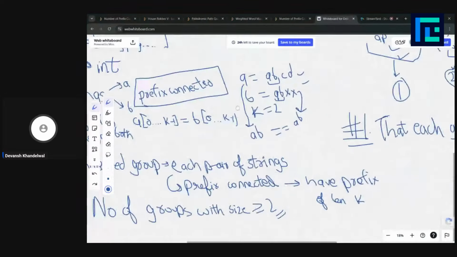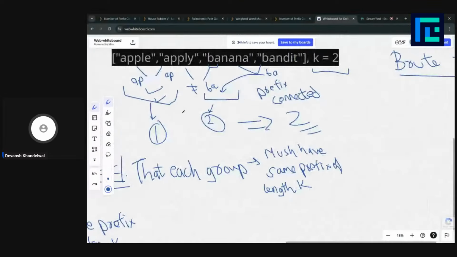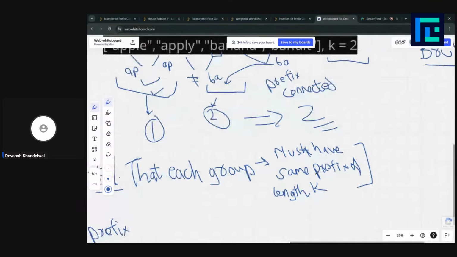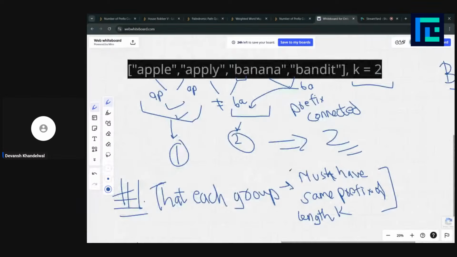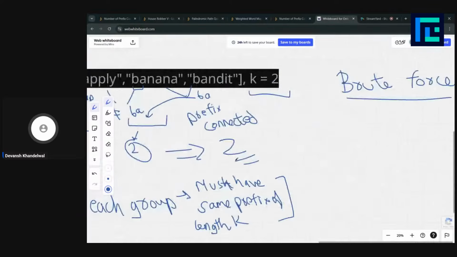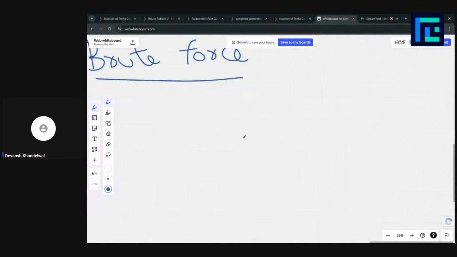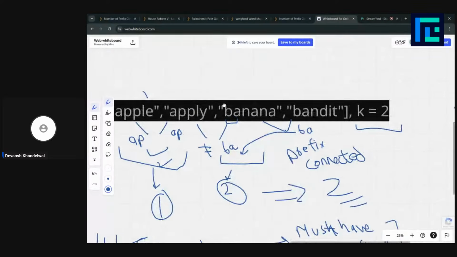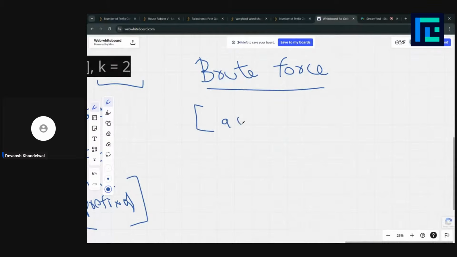So this was actually a pretty good observation that we have to make, that each group must have the same prefix of length k. And using this observation, how are we going to solve this by brute force? Let's discuss it. For each string, let's say we have these strings: a a x y, a x z, and then a o.